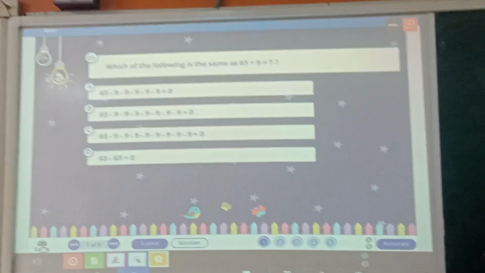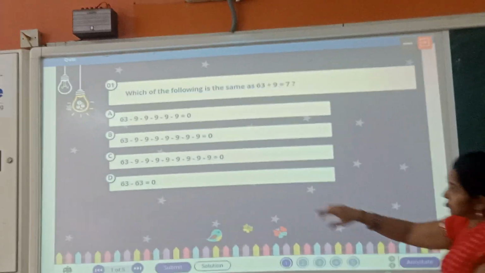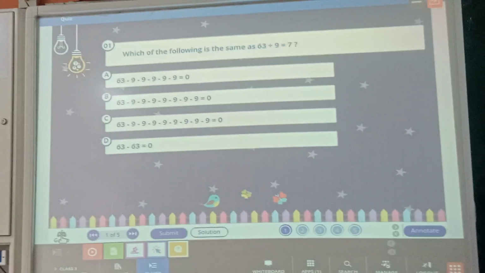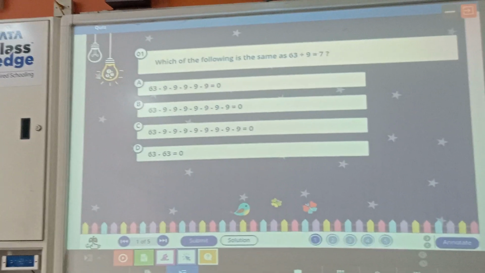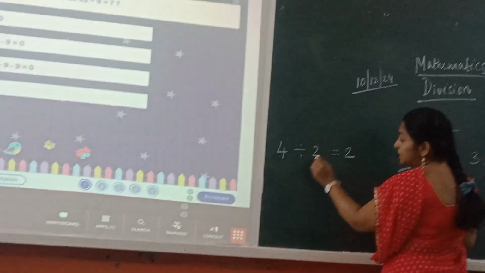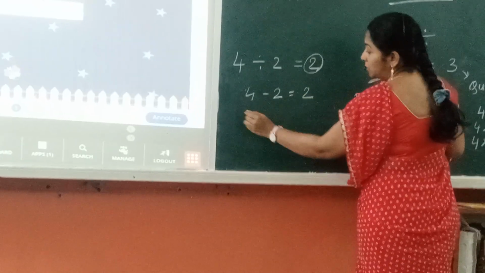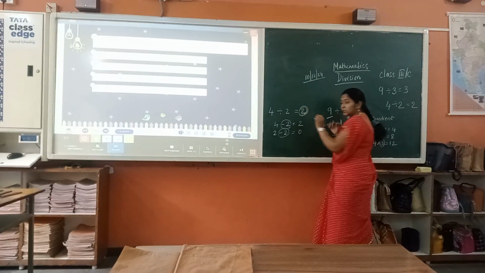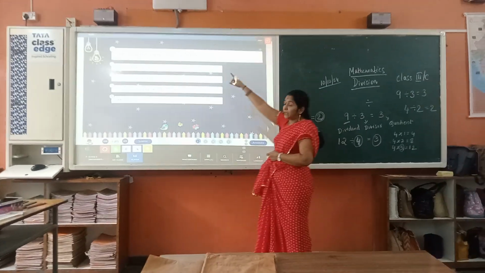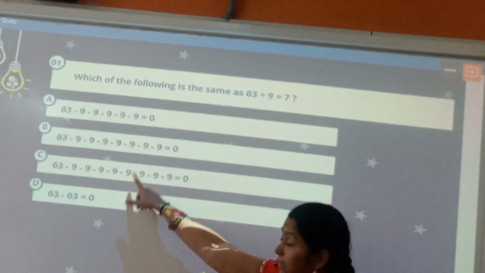Yes, Devanshi? 7 times. Okay, understood. 4 divided by 2, just now Nihali has done, no? So how many times I subtracted is the answer, right? 4 minus 2 is equal to 2, 2 minus 2 is equal to 0. Like 2 times I subtracted, so I wrote the quotient as 2. Here, 63 divided by 9 is 7 means we have to subtract 9 seven times,